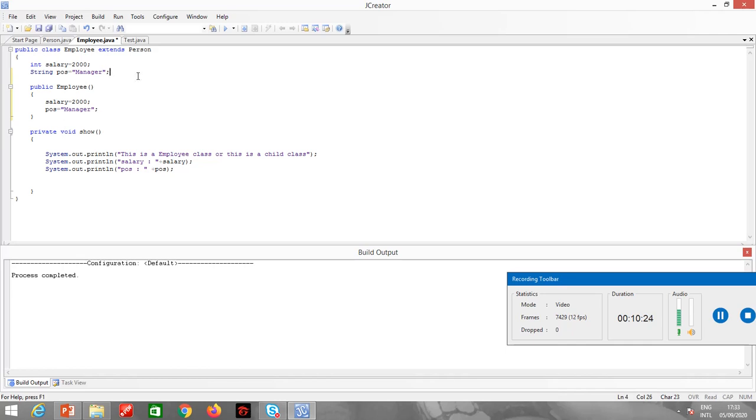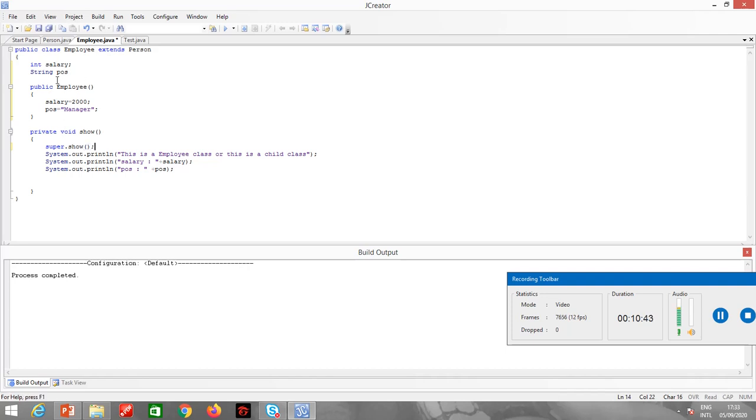Alright, I will remove the initialization of the variables from here. And in the method I will write super.show, else it will not display any output from the parent class.